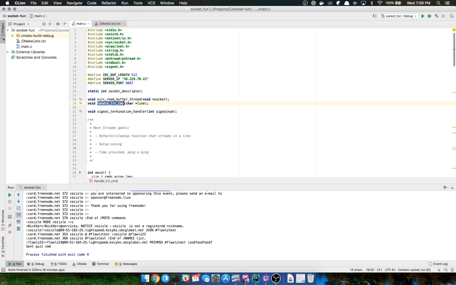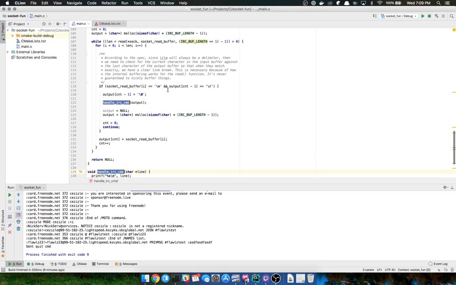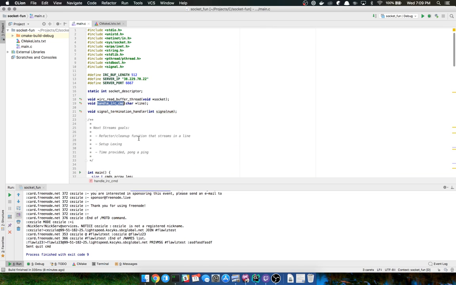So what we're going to do here is I want to rename this one, since the IRC read buffer thread is going to read from IRC, and then I'm going to create an output buffer for output that's going to pass in a string into this function here. So this one should probably be called handle IRC command.